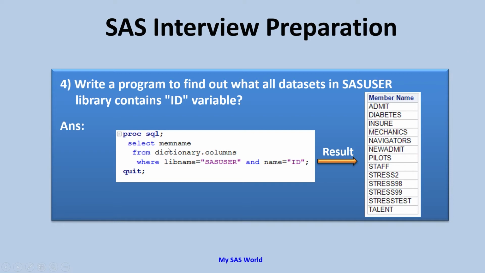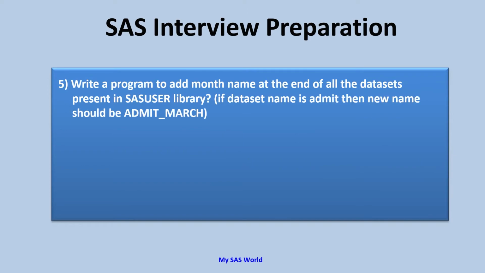So now here you can see that in select we have mentioned memname, but in the output it is showing member name. So guys, don't get confused here. The label is applied here. So that's why on memname the label is applied. So that's why we are seeing member name in output. I hope this is clear to you. Let's move on to the next question.